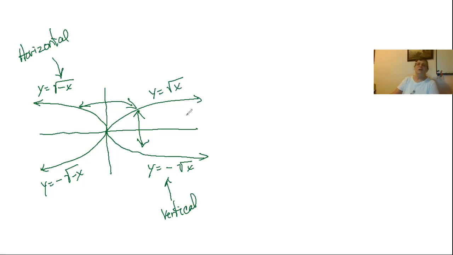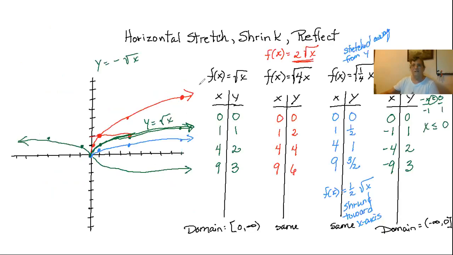Most of the time, we kind of try to avoid the horizontal stretch and shrink because you can usually rewrite it as a vertical stretch or shrink. We have something with multiple changes, and I'm going to assume you've already seen the left, right, up, down translations. So basically,